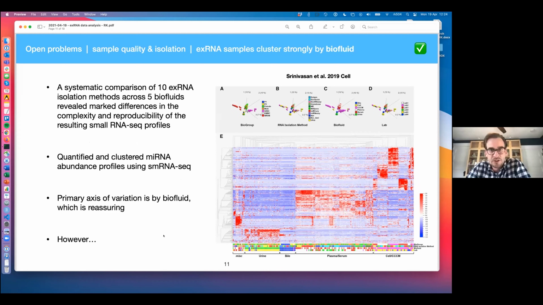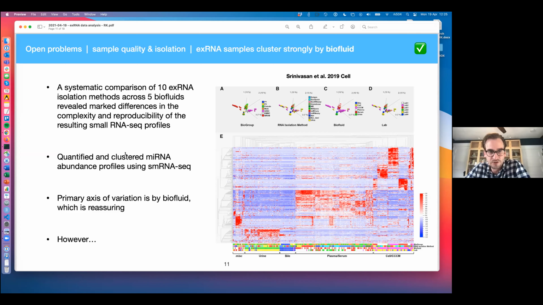Just to mention, it's also true that most of the exosomal RNA or extracellular RNA samples that we as a consortium have looked at do cluster by biofluid, which is a relief. So you can look across many different samples. You can look across the same samples prepped in the same way by the same groups, and the predominant variability here will be between